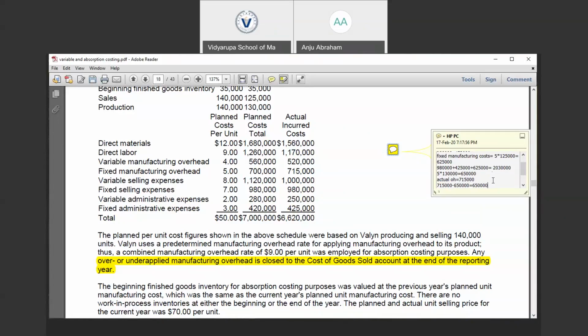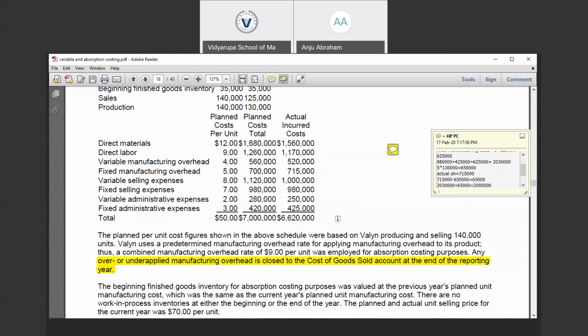So what is the total fixed cost expensed? 2,030,000. We need to add this 65,000, not 650,000. It's 65,000. We need to add the 65,000 along with the 2,030,000 in order to find the actual cost that was expensed during this period, which is 2,095,000. Let me check. Plus 65,000 is going to be